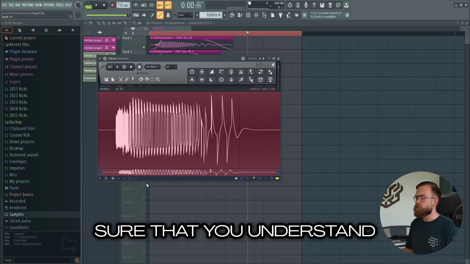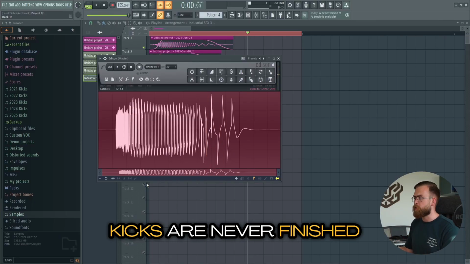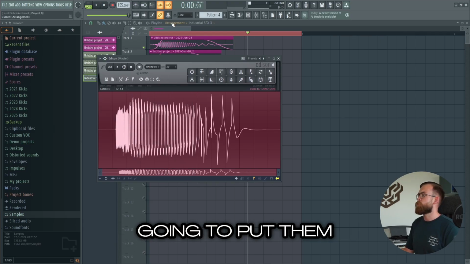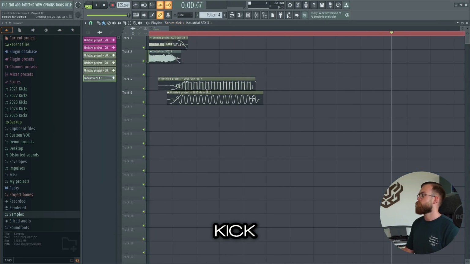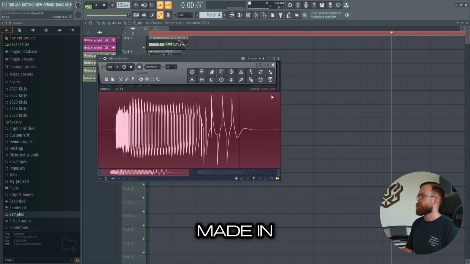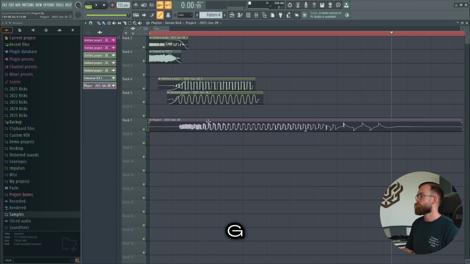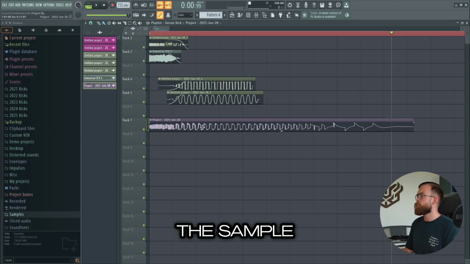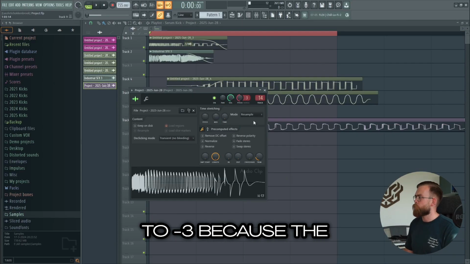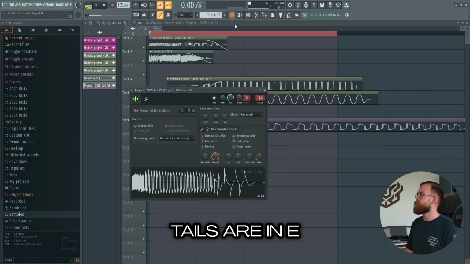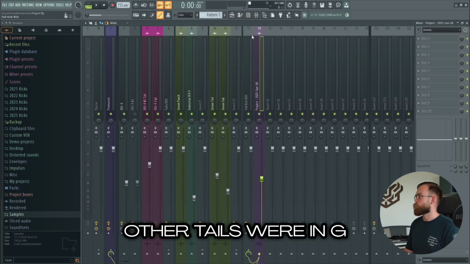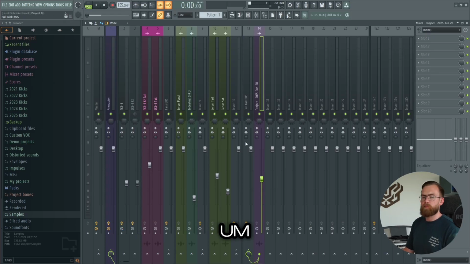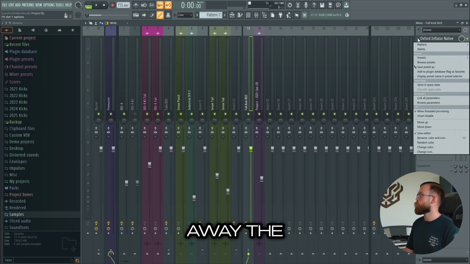And to really make sure that you understand my point that kicks are never finished, I'm going to take these two tails, which are combined, and we're going to put them together underneath that Serum kick. Now I think this was made in a G, so I need to put this 2 semitones down, so we can also move inside of the sample. I forgot I had to lower this one to -3 because the tails are in E, and the other tails were in G. And of course we routed this to our full kick bus,